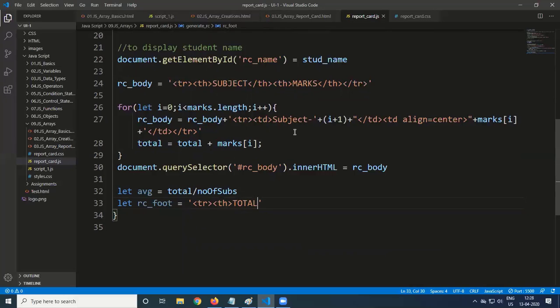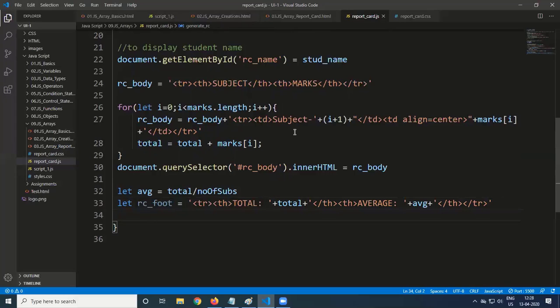So we'll say total. What is the total? So plus total, plus TH is being closed. The next column heading TH, average colon, AVG plus average AVG plus column heading is over and the table row is also over.